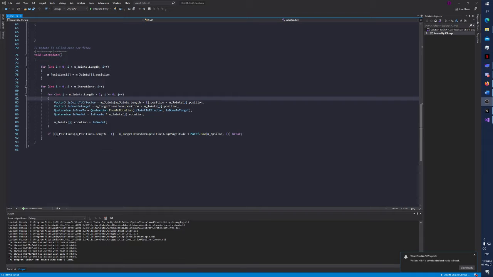This is my final year project implementation of cyclic coordinate descent, and this is one of the simpler algorithms. We update our positions here so we can check the distance from our end effector to our target. We simply find that if it's within our epsilon or delta, we break and stop iterating over the joints. And so the algorithm itself starts at the end effector,